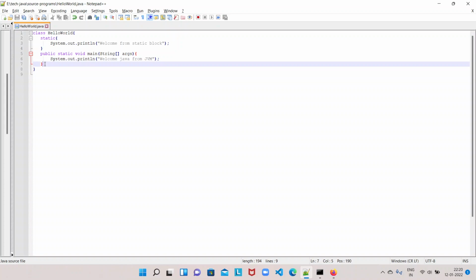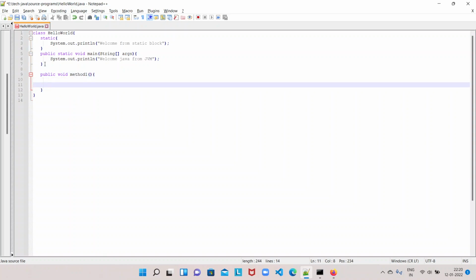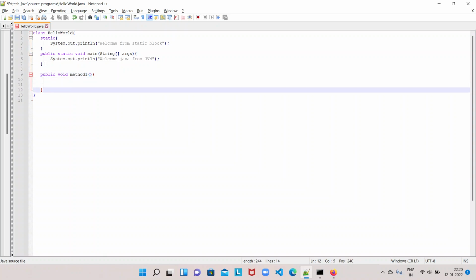Instance methods can be called by creating an instance of the class. For example, if we have some method here, method1, which is not returning anything, public void method1, this is just an instance method because it does not have any static keyword.